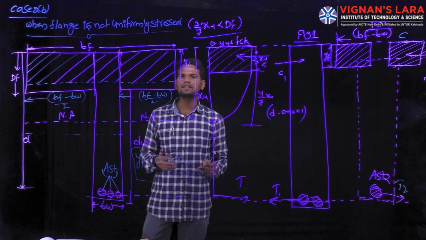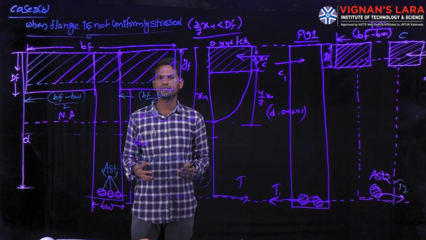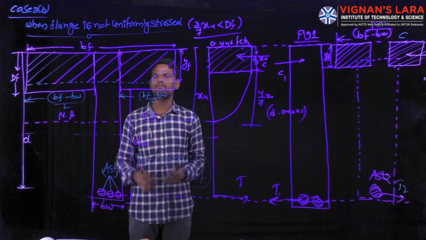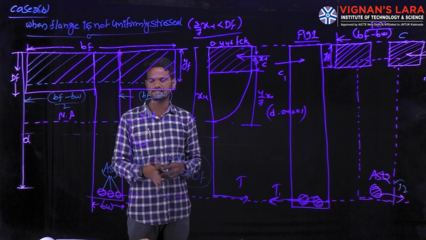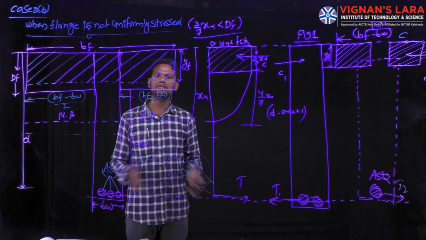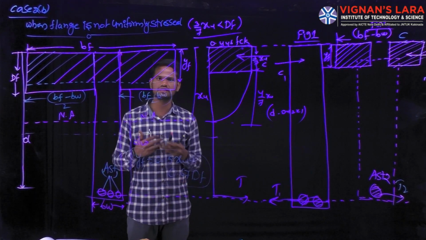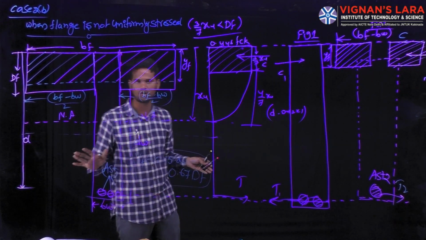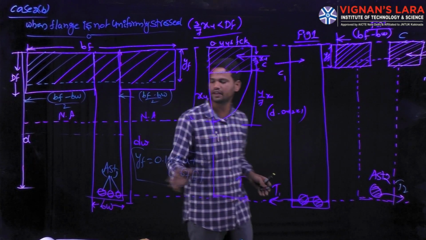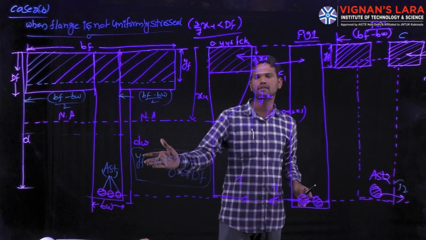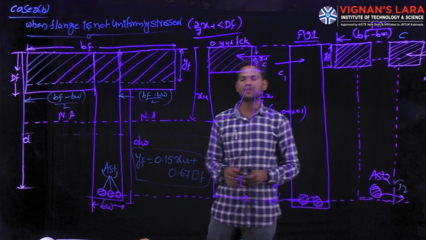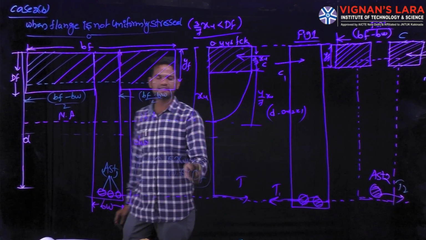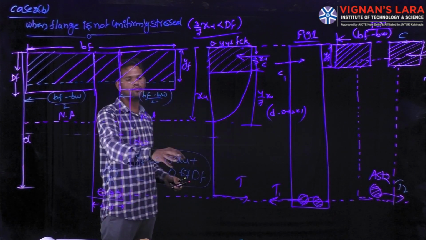In the previous condition, what you have discussed, where you have the Df, in that case, if you substitute your yf, the condition is finished. The entire design is over, finished. Okay, again I am repeating here, where yf equals 0.15 into xu plus 0.67 into Df, where xu is